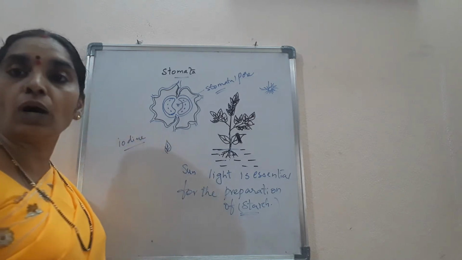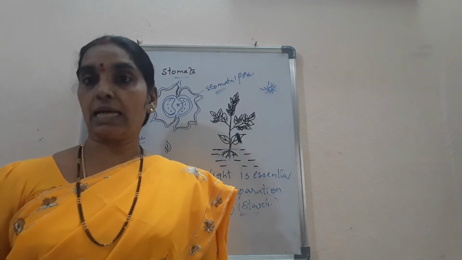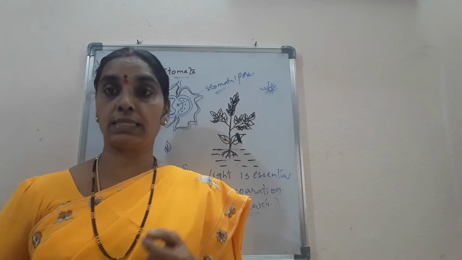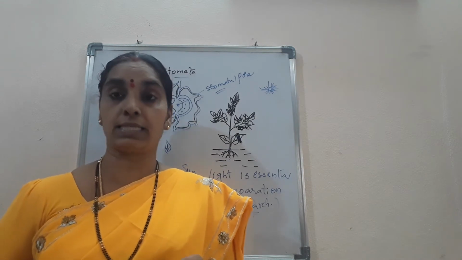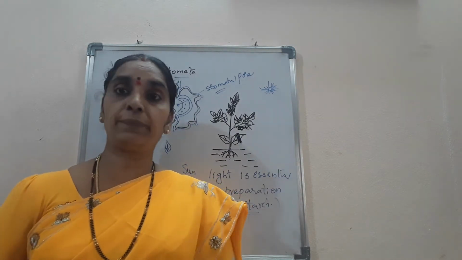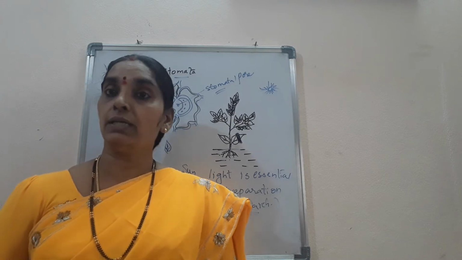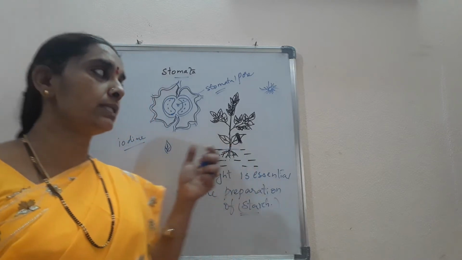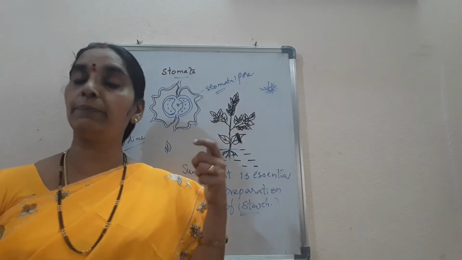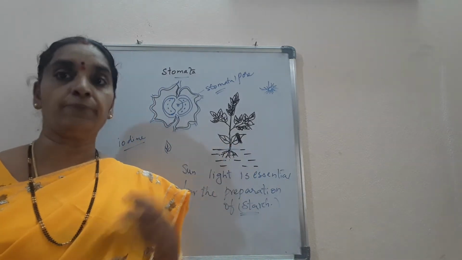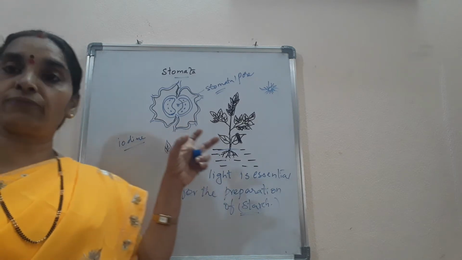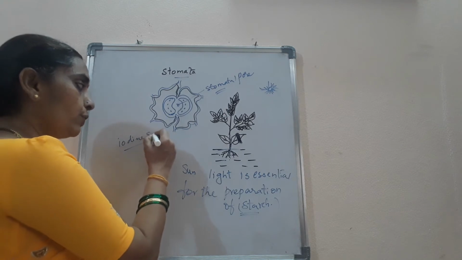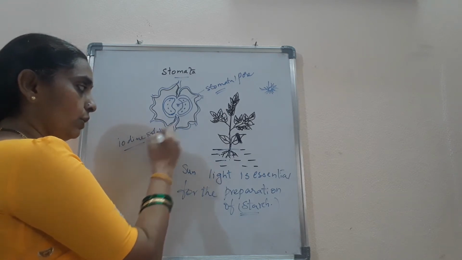Generally you know how to test for starch. You usually use the chemical iodine solution to test whether starch is present in a substance or not. In the first chapter, in our food lesson, you did this experiment for the test for carbohydrates, isn't it? Starch is a carbohydrate produced by plants. So to test the presence of carbohydrates or starch, you use iodine solution.